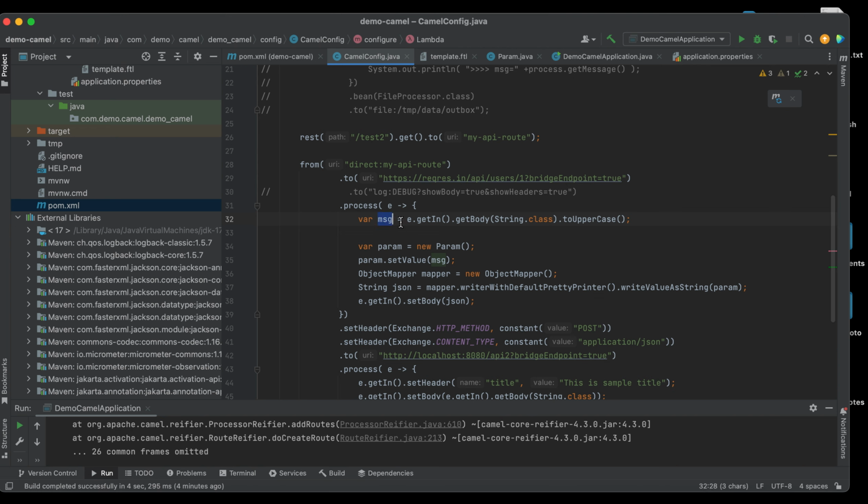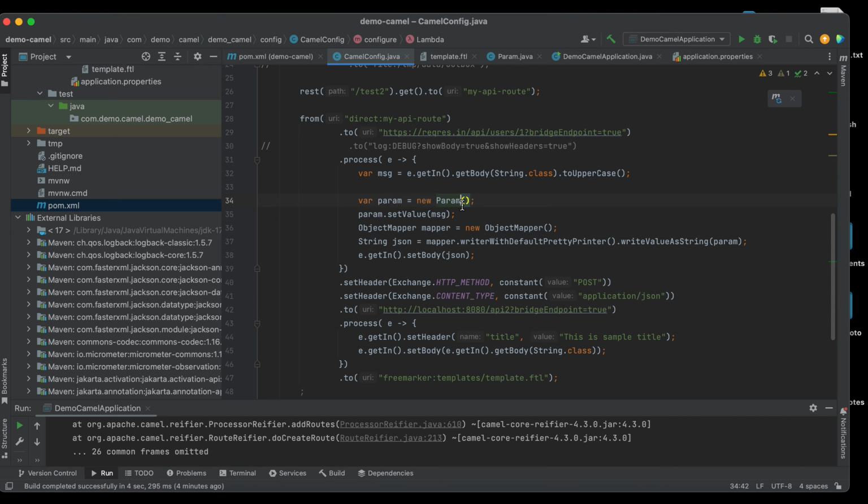Once we get the response from this API, we create a param object and set whatever the result of this API is. Then we basically construct the parameter object.